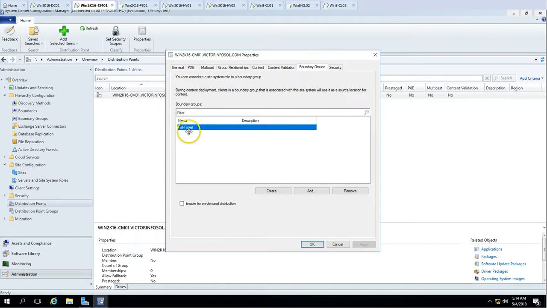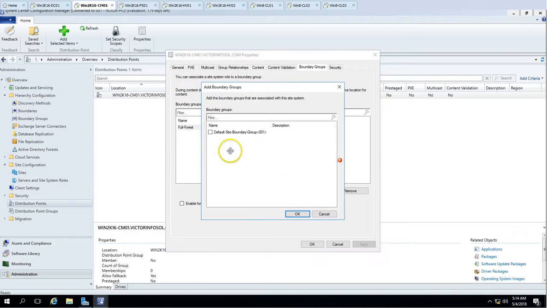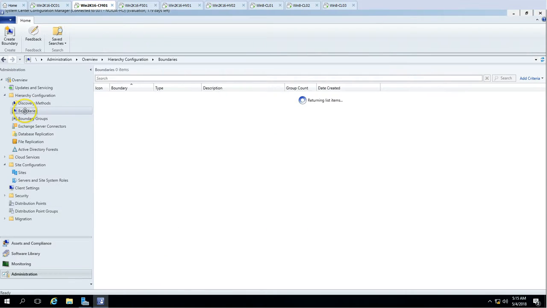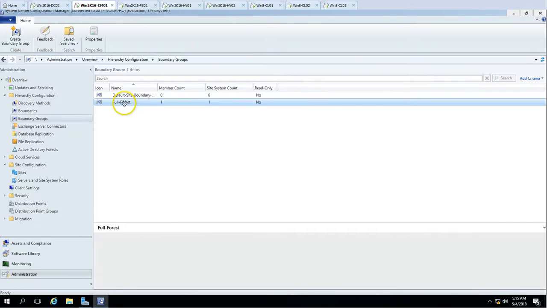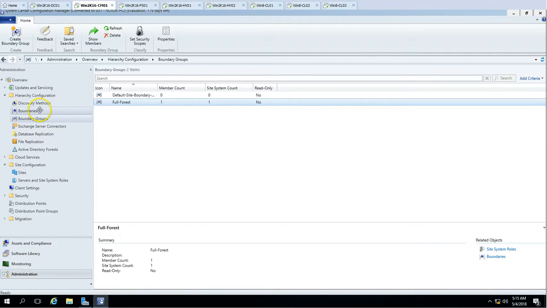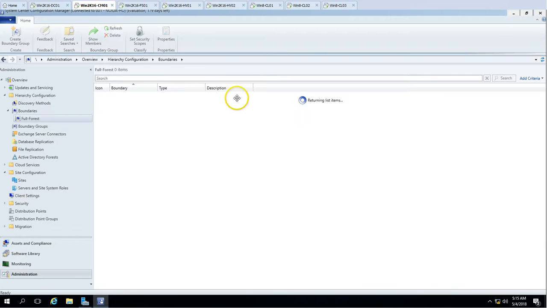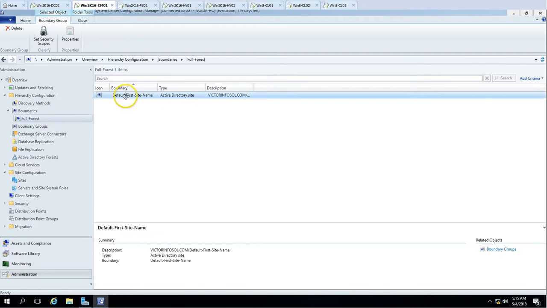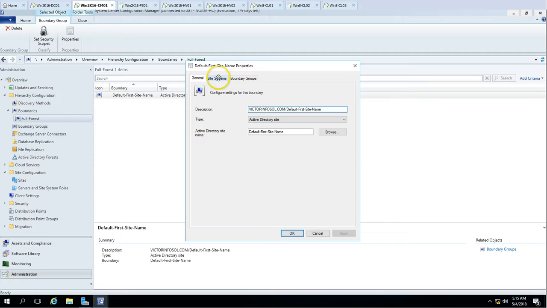So you can see, when we configure the boundary, it's automatically created in boundary group. If it's not, you need to go here and add your group. So I'm good, my main boundary group, which is full forest, is here, so I have no problem with it. If you go here, you can see the boundary group full forest. It's added this boundaries. So if I click here, you can see this boundary is added there, and it's having